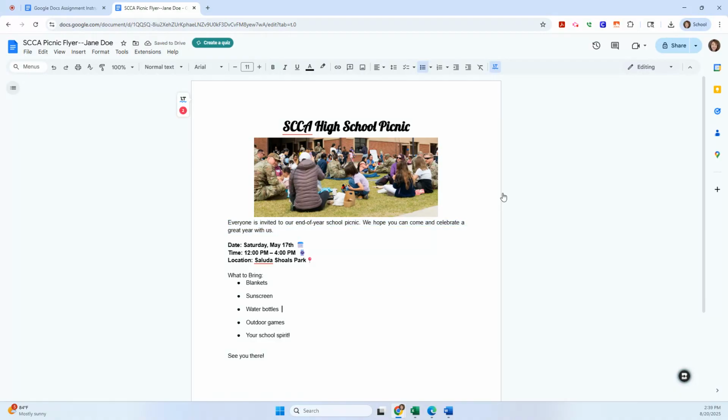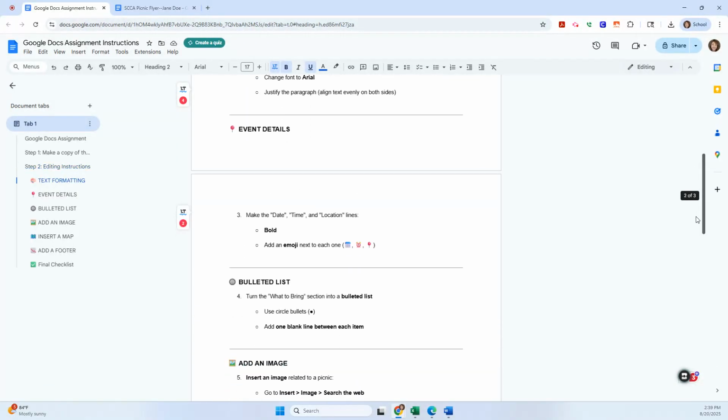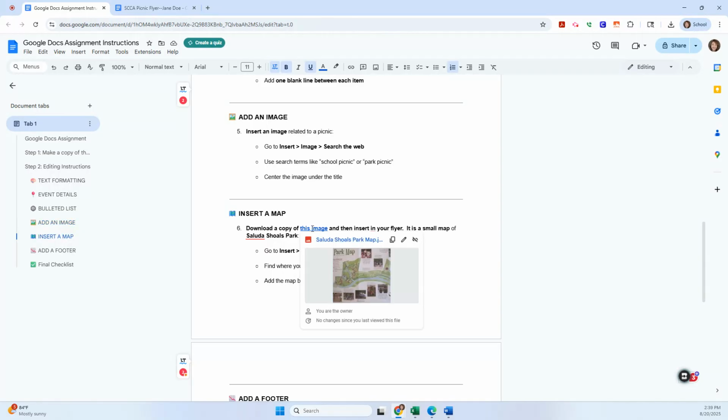All right, so anyway, we now have a picture, and we can go on to our next instruction. Now, obviously, it's looking a lot more decorative than it did when we started out. So we're going to go over here, and it tells us next to insert a map. So it tells us to download a copy of this image. So we're going to click this link,